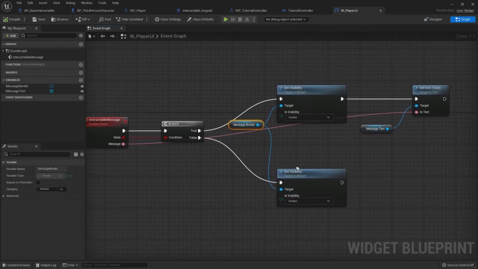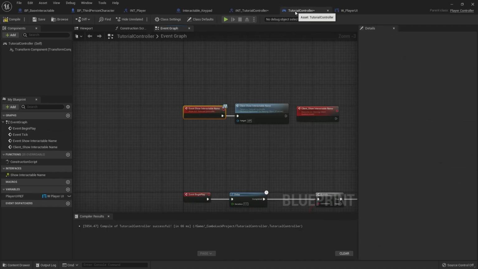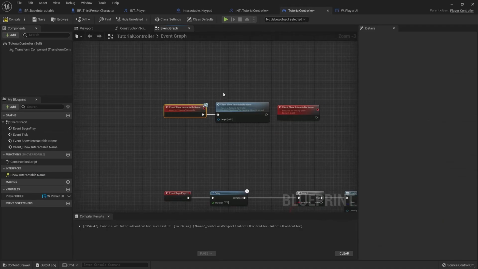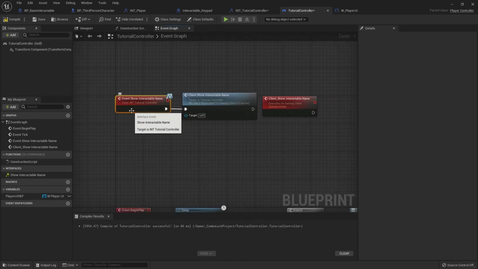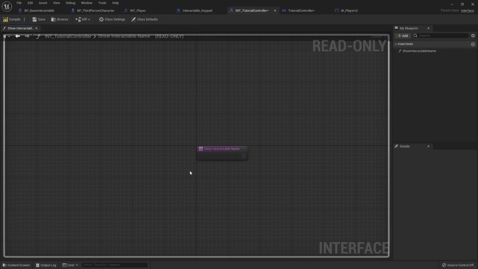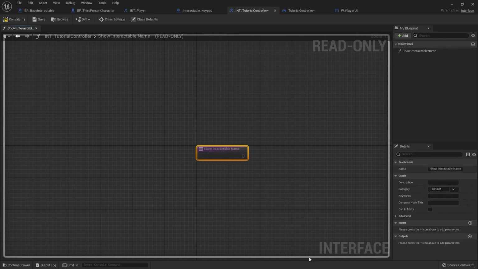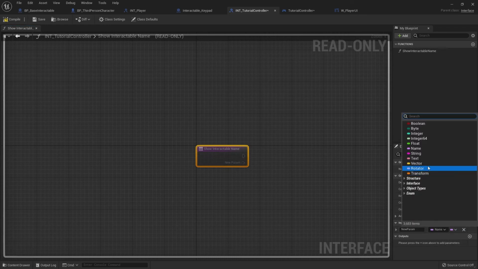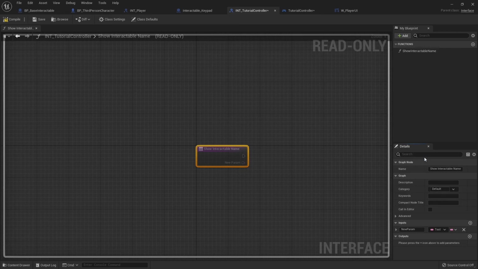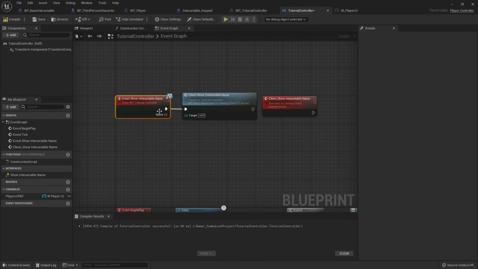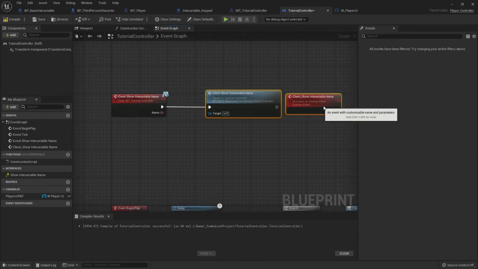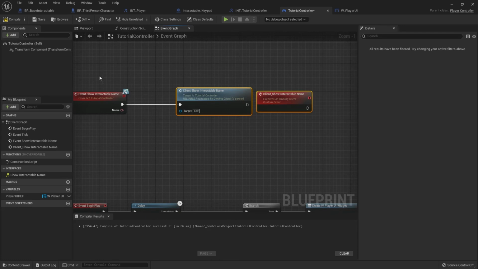Okay, simple. And now we need to go to the controller, the tutorial controller. And actually in the interface, if you double click that, it takes you to the interface function. I need an input of type text, and we'll just call it name, the interactable name. Compile and save. There, okay, see it shows up there. And this is going to come from,